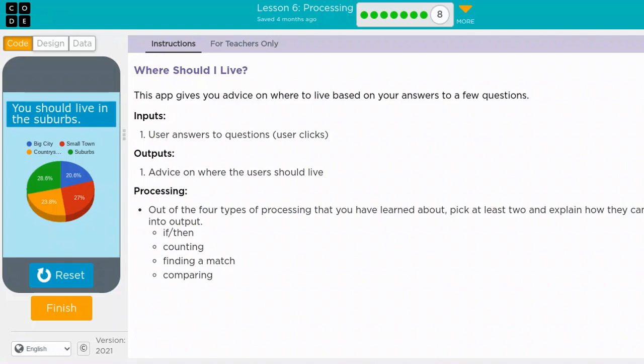I think this is the end of this statement right over here. So just to remember about processing. Processing is essentially the thinking work that computers do, and it changes this input into output. And then the processing is being done behind the scenes right over here. So that's it for this lesson right there. Thanks for